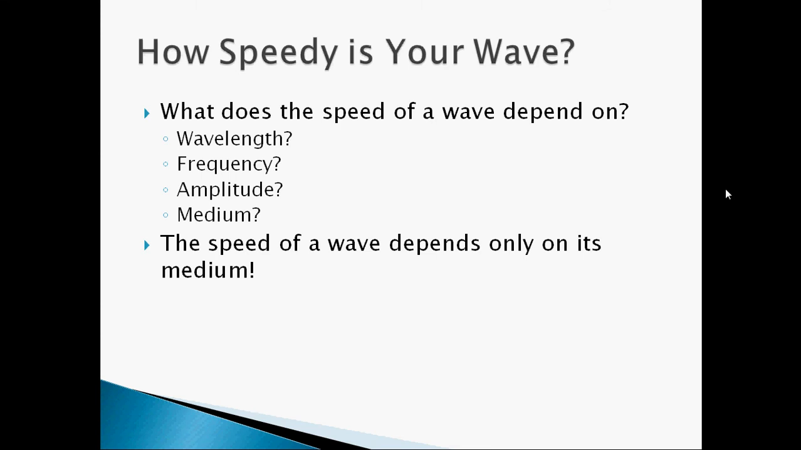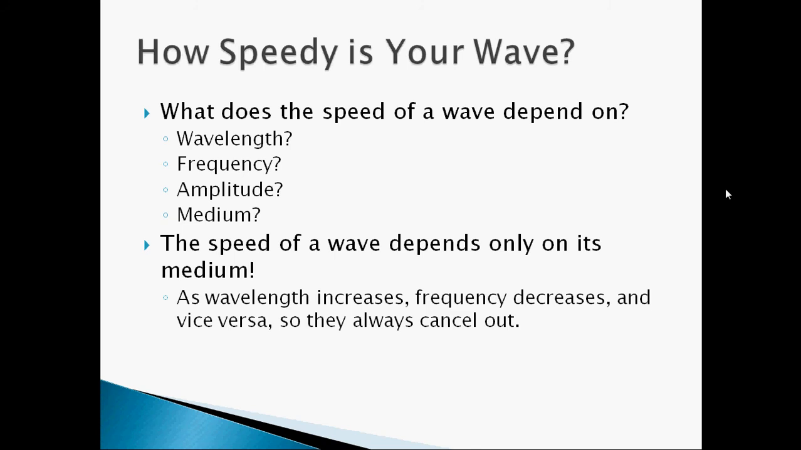So changing the wavelength of a wave doesn't change how quickly it moves. The frequency doesn't change how quickly it moves. Amplitude, no change. The only way we can get a wave to move faster or slower is by changing what type of matter it's traveling through. Now, the reason for this that we'll find out is that